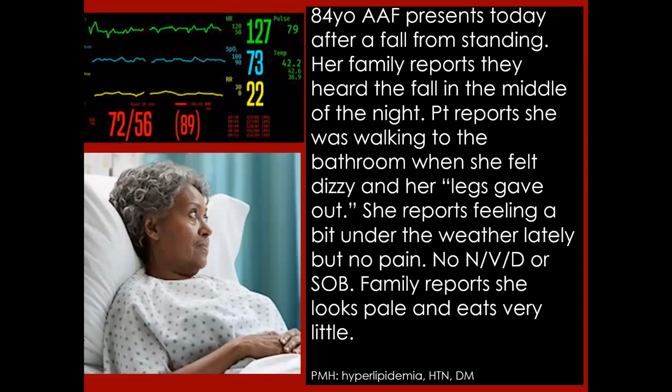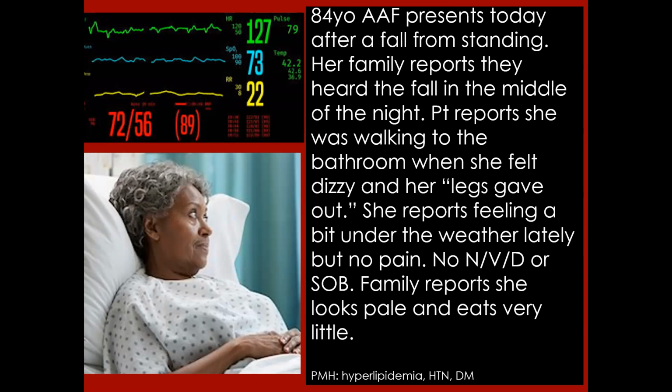Let's go into our next patient case. So we have an 84-year-old lady who had a fall from standing. Her family said they heard her fall in the middle of the night, and she was walking to the bathroom when she felt dizzy and her legs just gave out. She didn't have any pain with this. She just fell. She was feeling a little bit under the weather lately, and she's had no pain, nausea, vomiting,